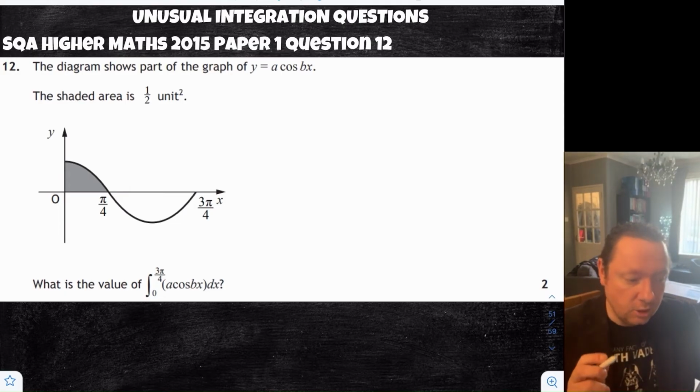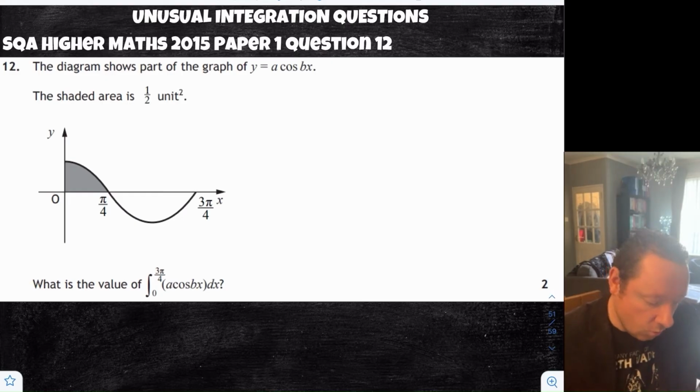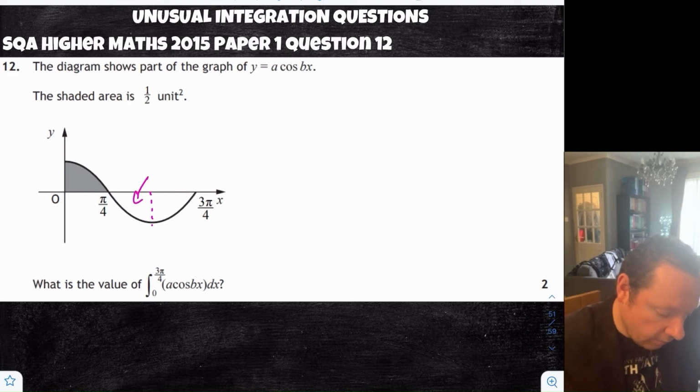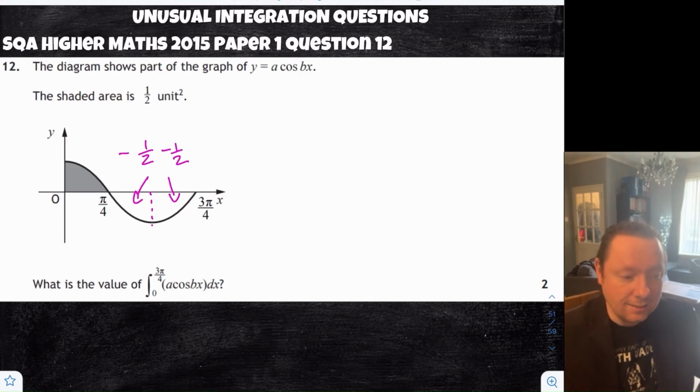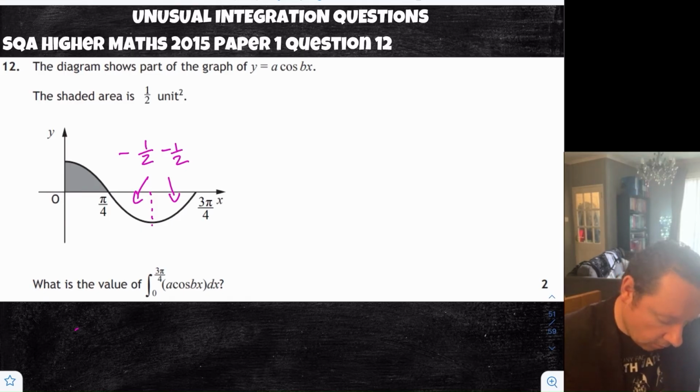This is checking if you understand graphs and also understand the symmetry in a sine graph. So if we know that that's a half, if I draw a little line here, we know that that's also a half, and therefore that bit must also be a half. But it would be minus a half and minus a half because we're below the x-axis. So that means that our integral between 0 and 3 pi over 4